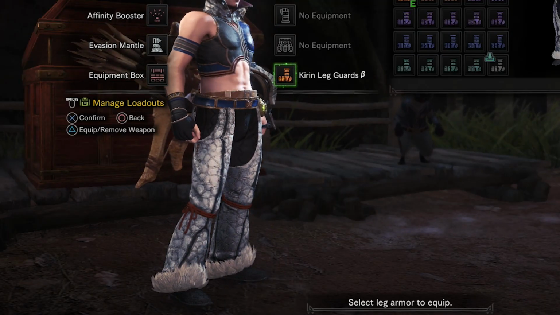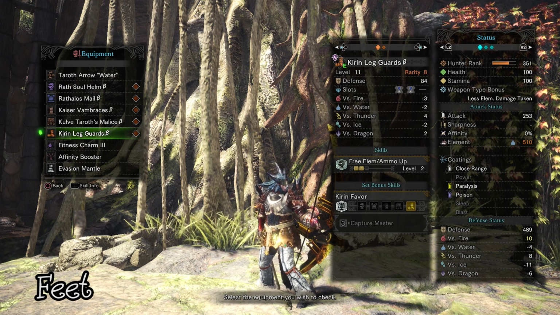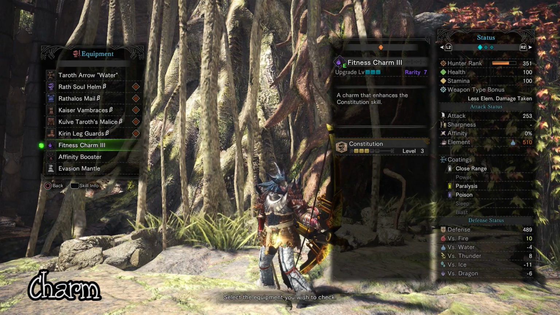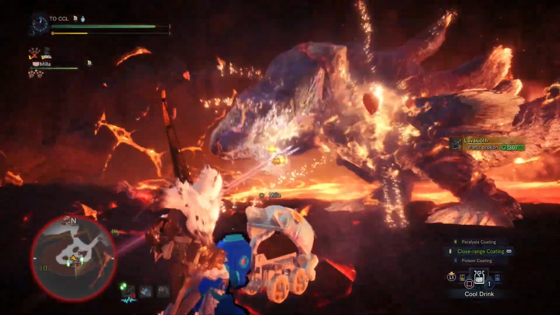And then we have the oh so glam looking feet, the Kirin Legards B with free element level 2 and a couple of water attack jewels. And at last we go for the Fitness Charm 3, which has +3 in Constitution. And that's it for my personal build, but I'm gonna show you another one which is really good as well,